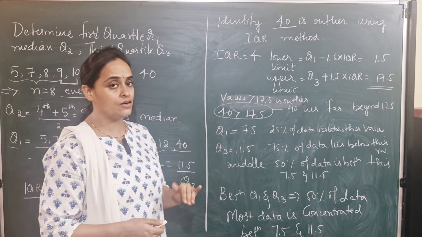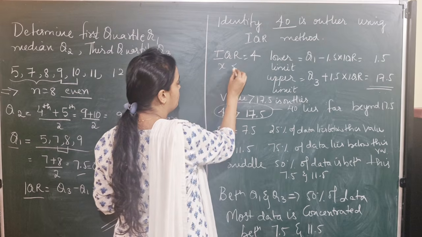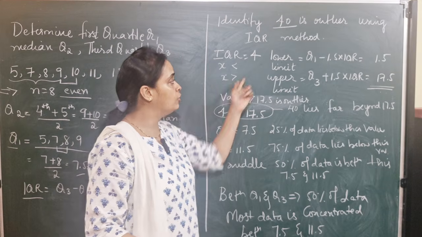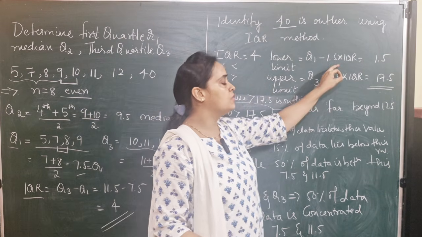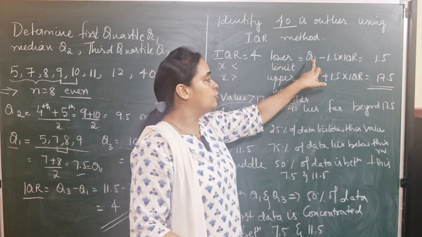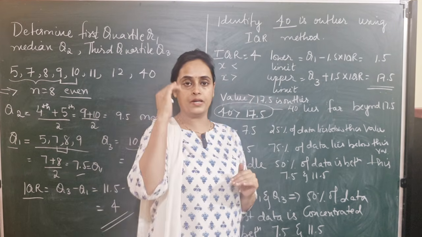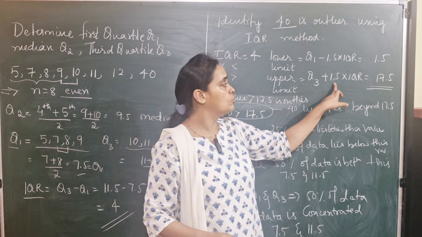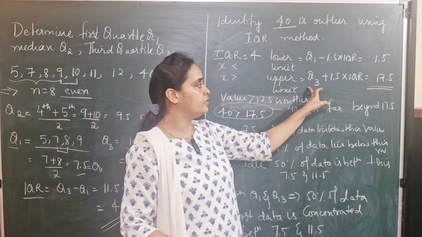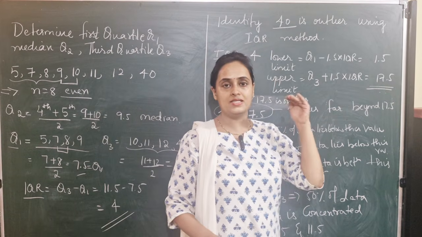In one of the previous videos, I gave you the limits of any value in terms of a formula. If you remember that formula, I told you when a problem comes, I'll explain what those formulas mean. So these are the formulas as per the statistical measure. To find the lower limit: Q1 minus 1.5 into IQR. To find the upper limit: Q3 plus 1.5 into IQR. So when you solve this, with Q1 as 7.5, Q3 as 11.5 and IQR given by 4, the lower limit is 1.5, and the upper limit is 17.5.